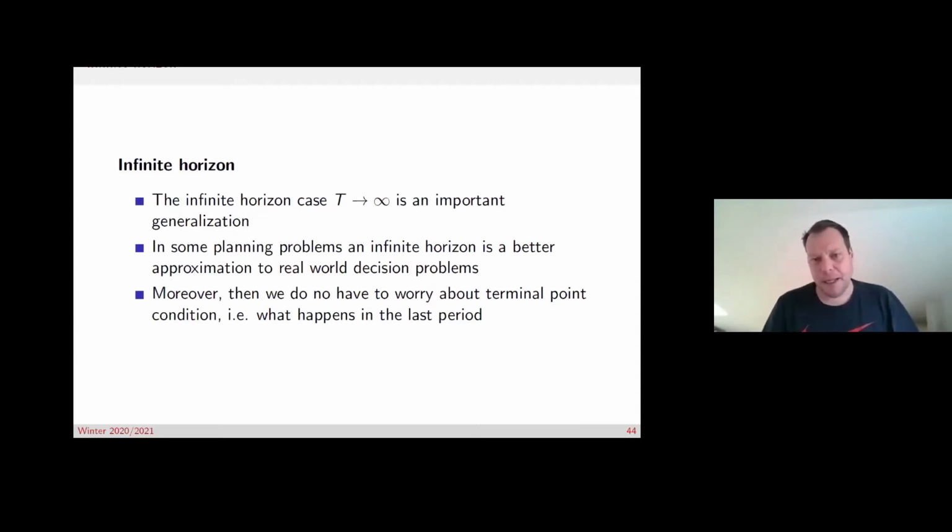But also in other applications, it might be valuable to have an infinite planning horizon. On the one hand, this is somewhat good. It has the advantage that we do not have to think about what happens in the last period or the last but one period. So all the things that we considered, where we talked about how to value the rest that you leave after the planning horizon is finished, we get rid of that. That's good.